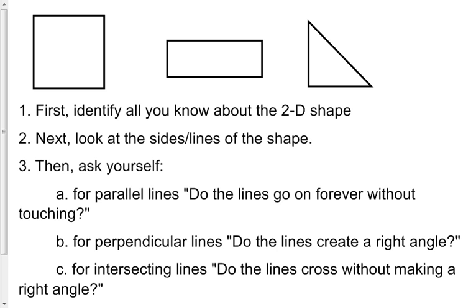First, identify all you know about the 2D shapes. So we know that there are 4 sides for 2 shapes except for the triangle. There's 3, and it's square, rectangle, and triangle. Next, look at the sides, the lines of the shapes. We kind of did that because we said there's 4 lines of the square and rectangle and 3 lines of the triangle. Then ask yourself,